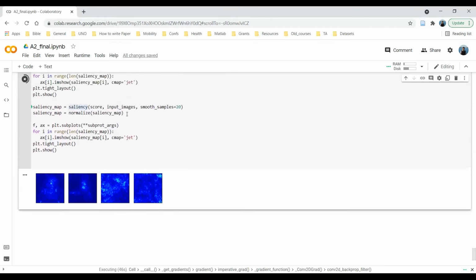Since it has to compute everything using back propagation methods, it takes some time. So let's wait. Probably the vanilla version of the saliency map has a lot of errors. That's why we were not able to see the exact pixels that are helping in the final prediction. So let's wait and see, and we'll get the output here.